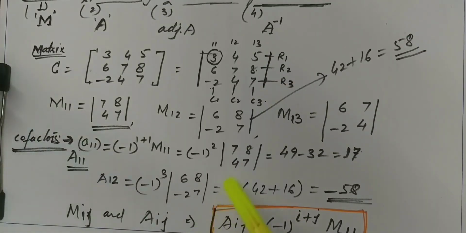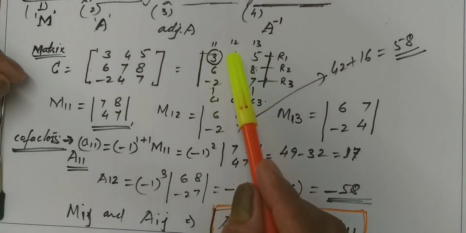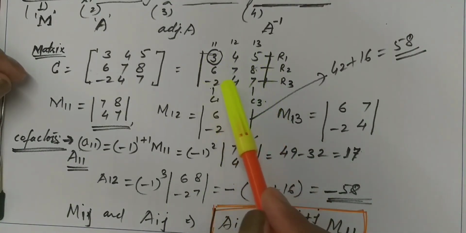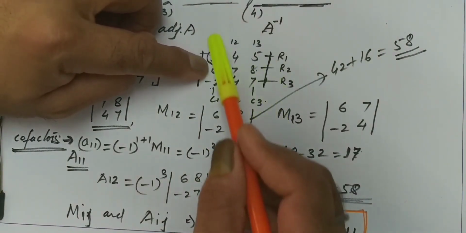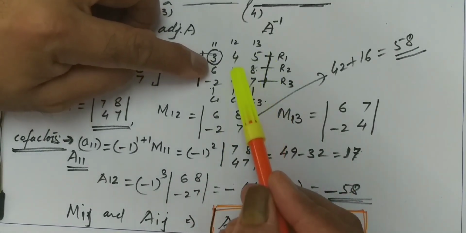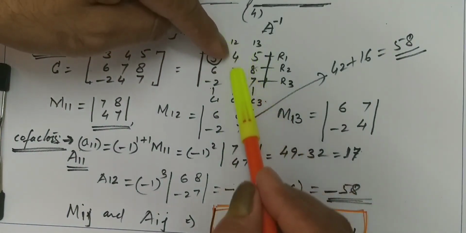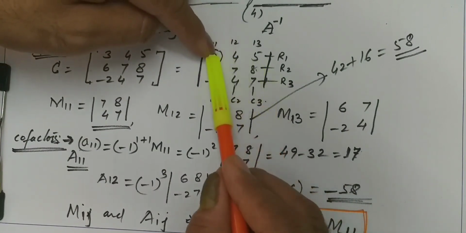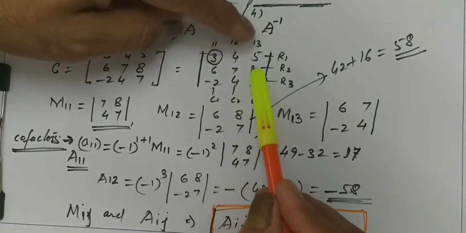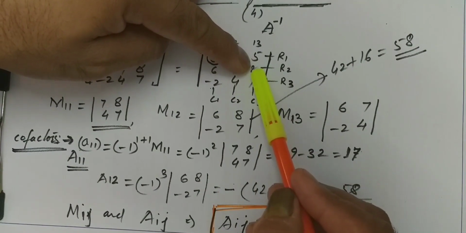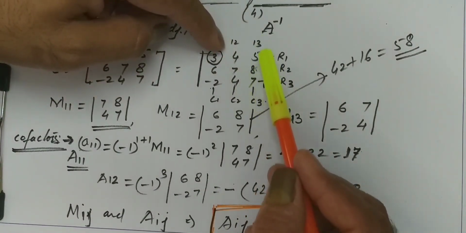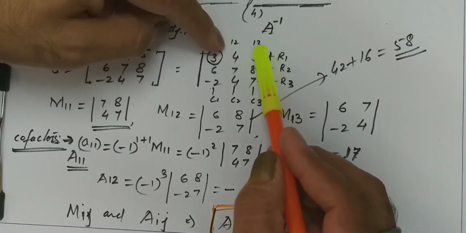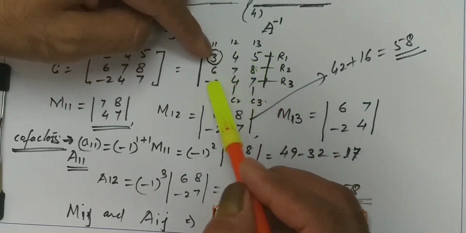So similarly we can find the cofactors for all the elements 3 4 5 6 7 8 minus 2 4 7. Suppose we want to take 6, then we will be leaving this 6 this way and this way, then 4 5 4 7. If we take 7, then leaving these two perpendicularly, so 3 5 minus 2 7, and at last the middle row, if we want to take 8, then the minor subdeterminant for 8 will be leaving this way 3 4 and minus 2 4.